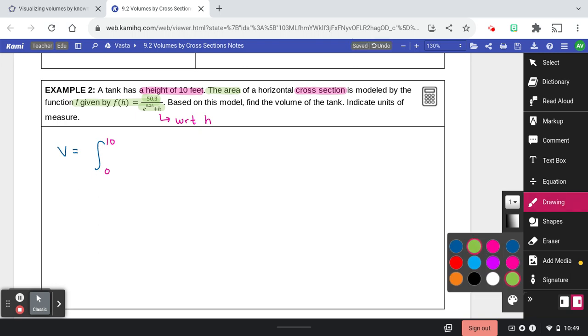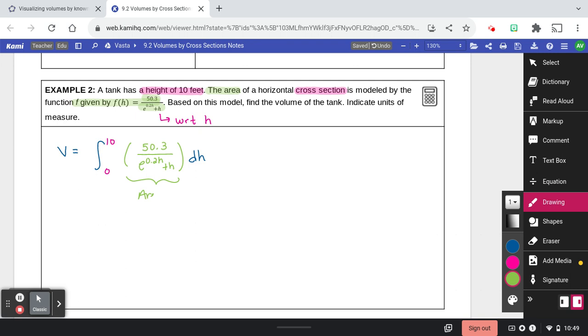And inside there, I just put my area formula, which in this case is 50.3 divided by e to the 0.2h plus h dh. Don't forget that whenever you need to evaluate to find a volume using cross-section, this is always going to be your area formula. Now, you can practice, go ahead and type that in on your calculator, and when you evaluate that, you should be able to get that the volume of this tank would have been